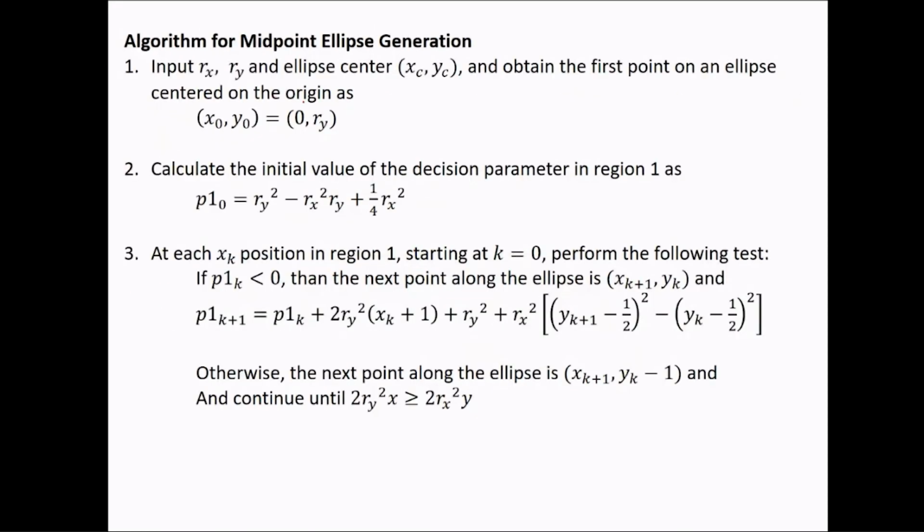Okay, so now we have an algorithm for this, that is the midpoint ellipse generation algorithm. So you can directly refer to this algorithm, but we cannot go in that direction. We have to derive each and everything. Okay, we cannot simply see this thing directly. So that's why we have seen all the derivation. Now, the very first thing it says is input rx, ry that will be given to you, and one center will be given to you, and obtain the first point on the ellipse. That is the first point you have to plot is (0, ry), as we have done in the circle case. Now what it says, calculate the initial value of the decision parameter in region 1.